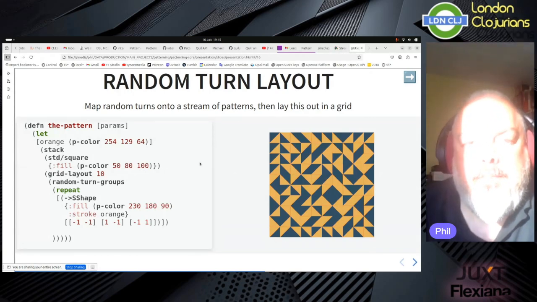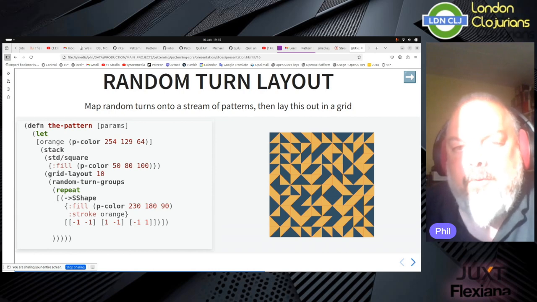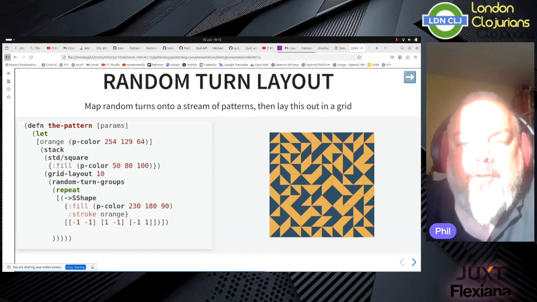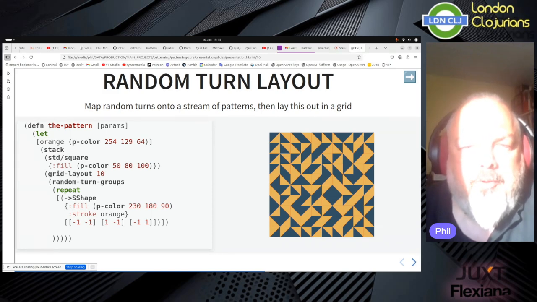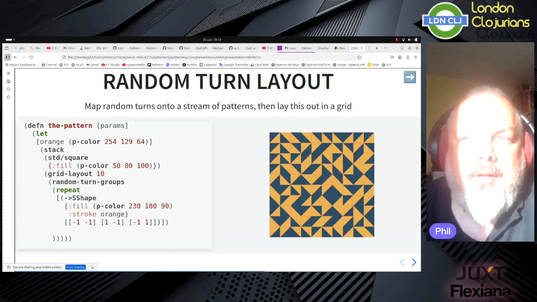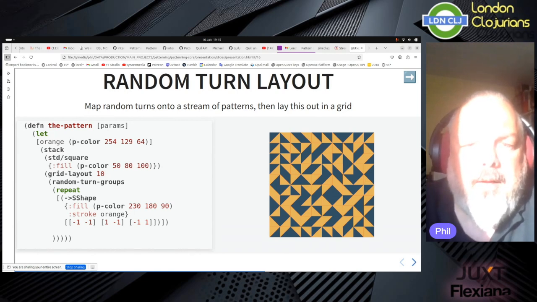There's a kind of research group called Alpaca. I don't know if anyone's come across that, which is the algorithmic pattern group. They're very associated with people who do live coding and music, and they're based around the guy who wrote Tidal Cycles, which is a live coding language for music. He runs it out of Sheffield, and they had a big conference about 2 years ago, and there was a very